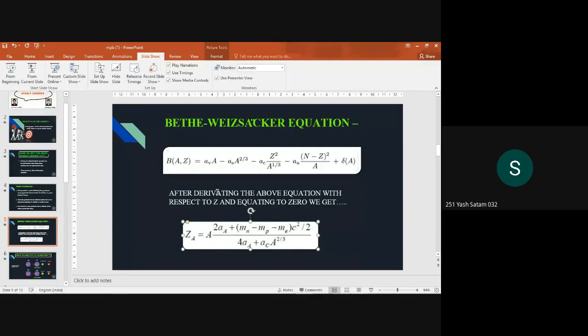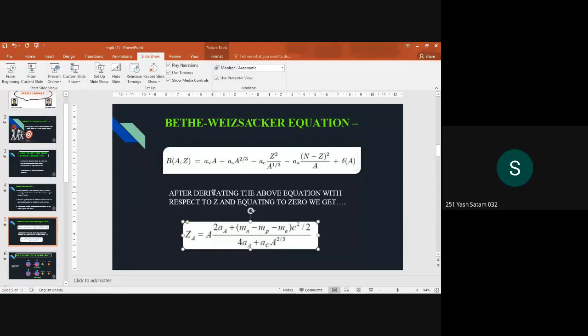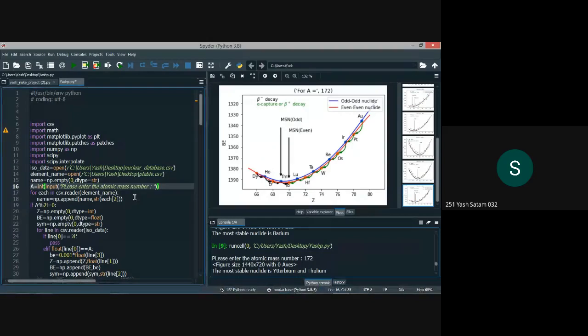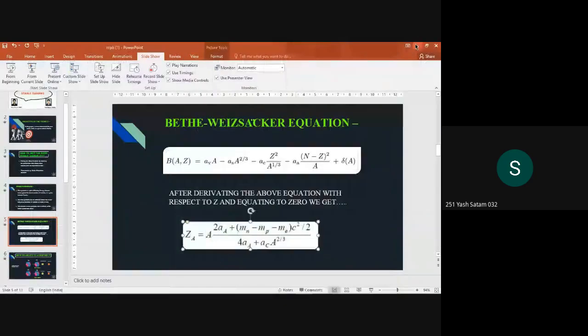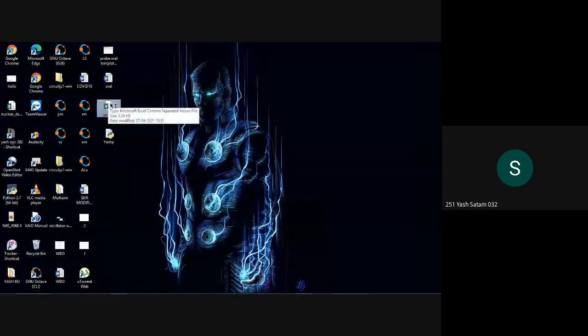Because there are so many nuclides, right? You don't sit and write down the binding energy of each. There are more than 2,000 nuclides out there. So what do you do? We developed a Python code. What it does is it goes into the site, simultaneously checks the binding energy and notes it down in a data file. I'll show this data as well. This is the Excel data. The Python code runs, goes to the site, notes down the binding energy and gives it to us in the Excel sheet.